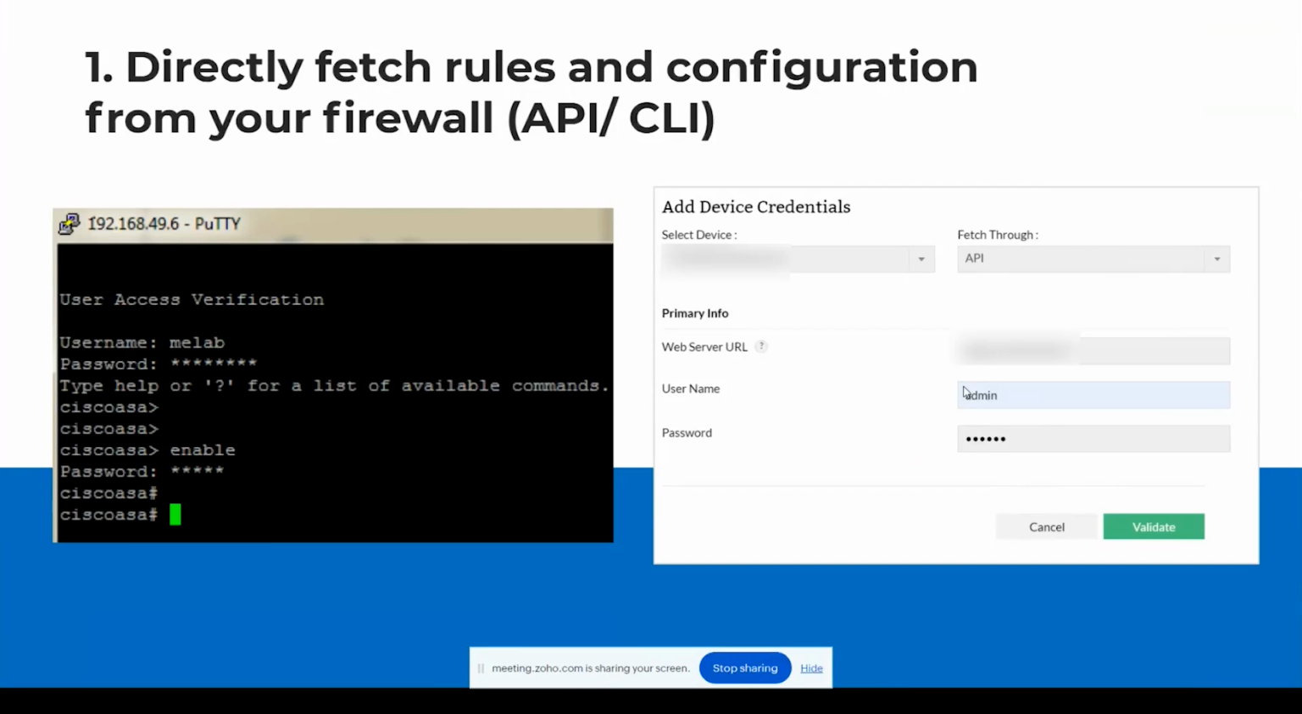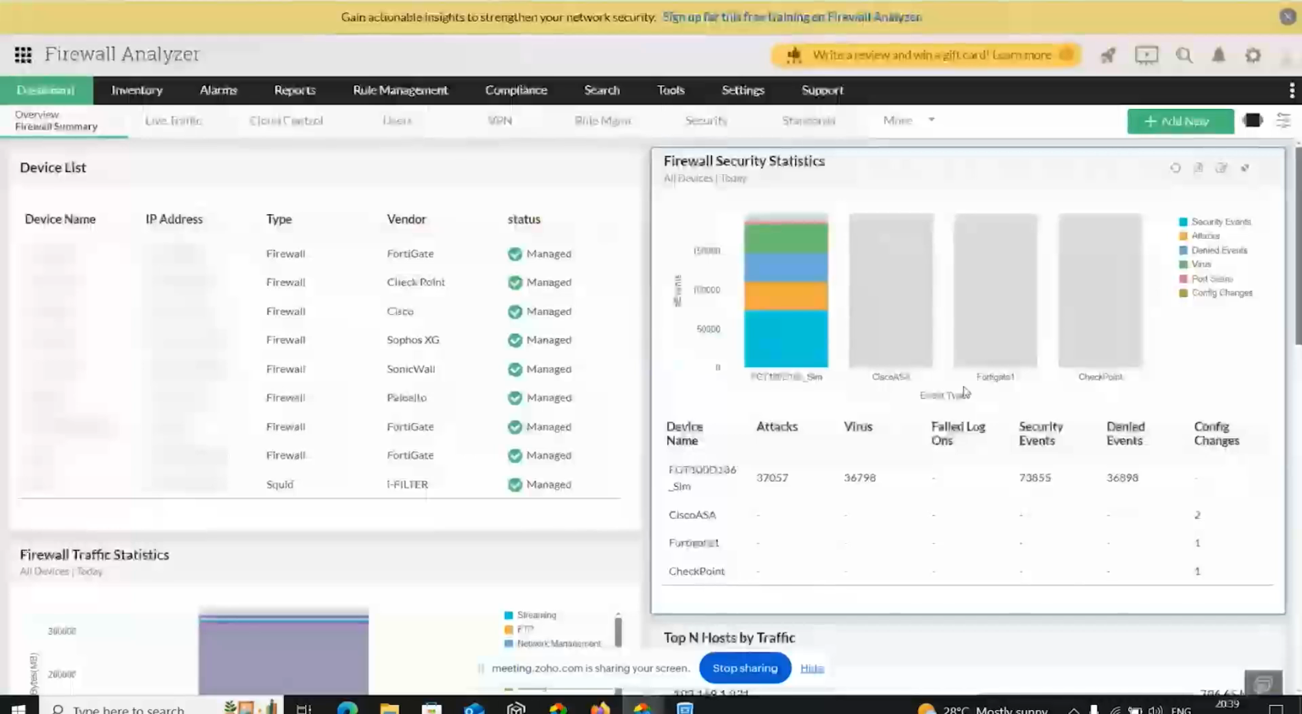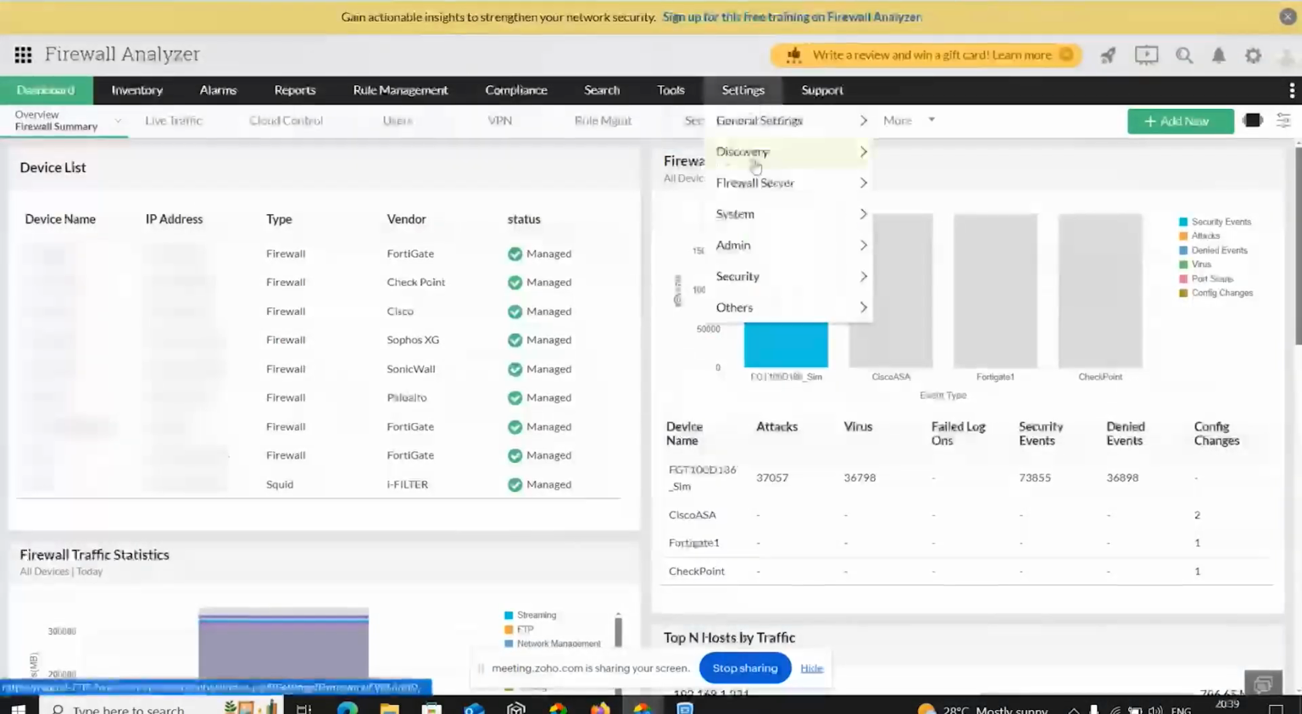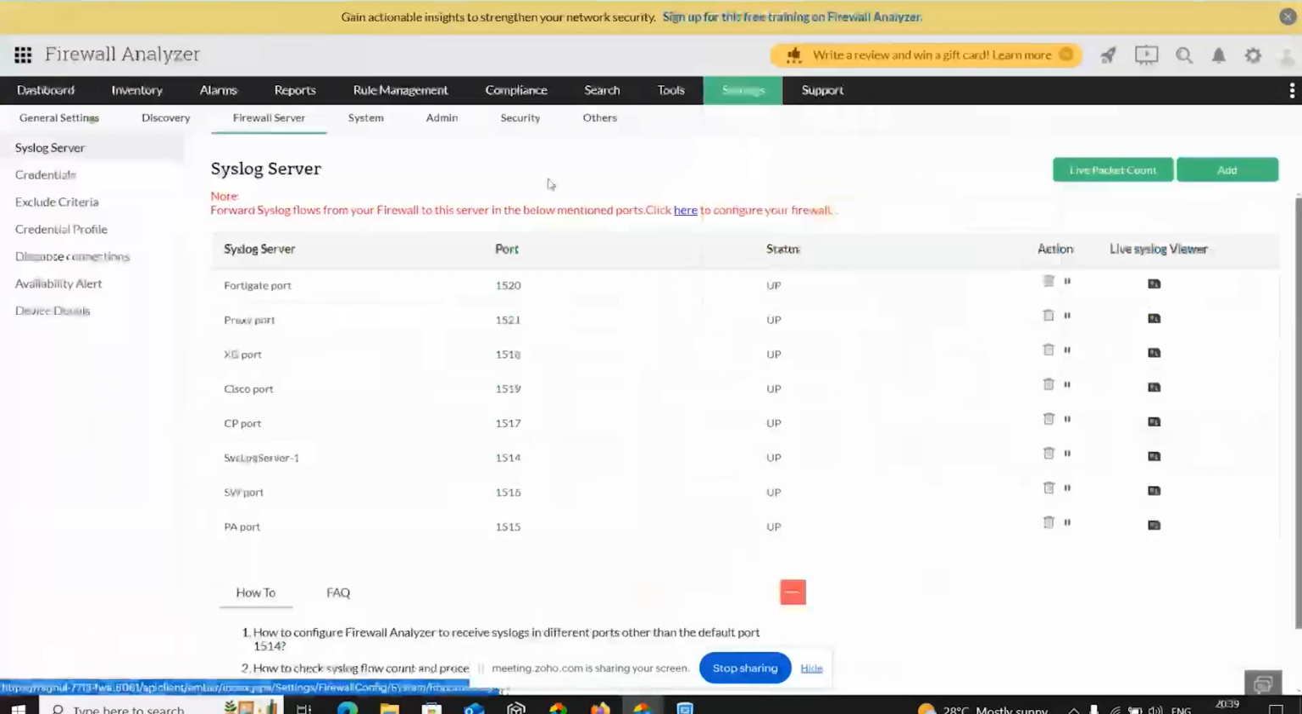On this screen, to the right, you can see an example of adding device information using the API of a firewall and the Firewall Analyzer UI on the left. Now let's take a look at this example in the product UI. For which we'll go to the Firewall Analyzer UI, settings, and we'll go to Firewall Server. So here